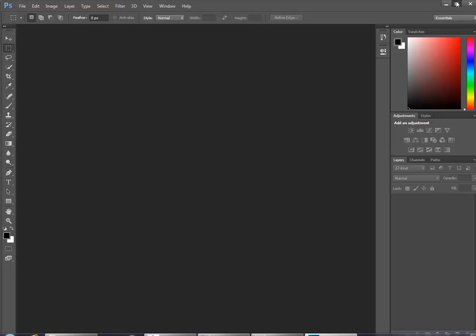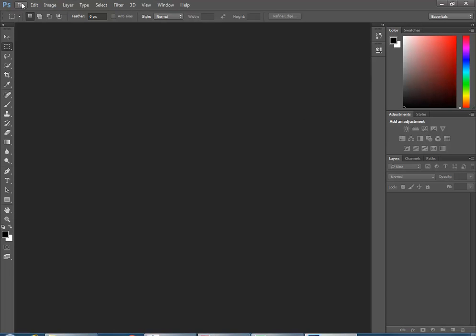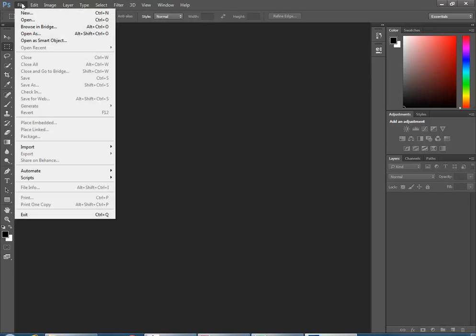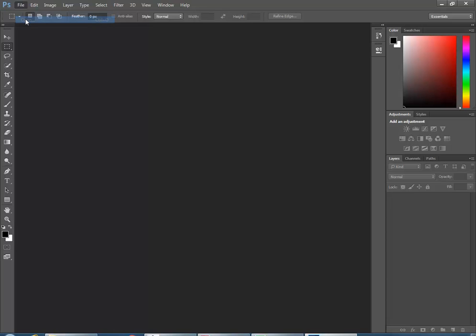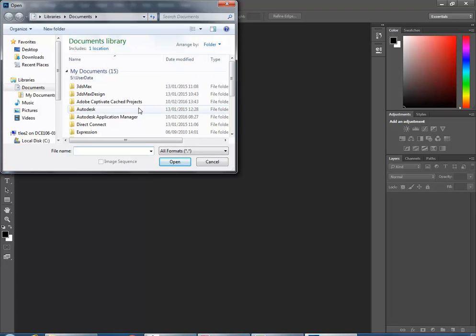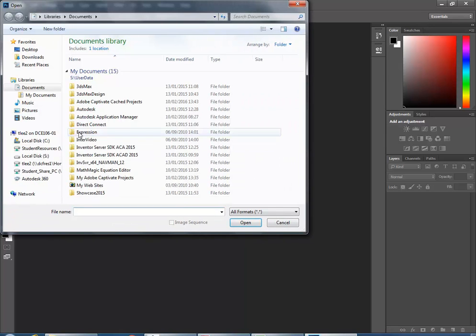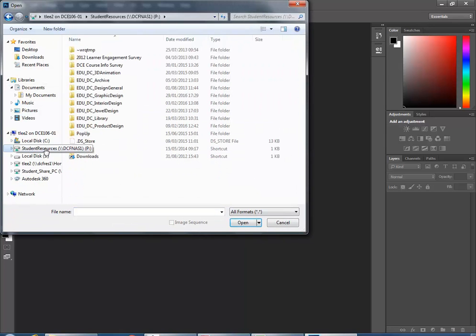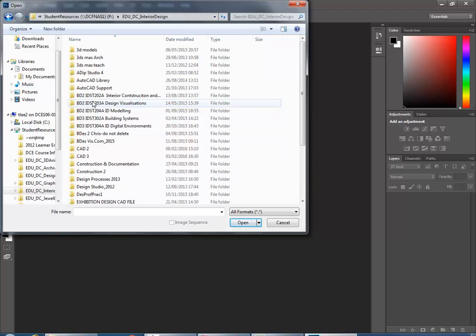So let's just see. So I just did it out of habit from Acrobat because that's what I had open. But now, if I go into Photoshop and go to Open, has anyone tried to do this before? Opening a PDF with Photoshop? No. Yeah, it's a really good option actually. So yeah, I'd be doing it all the time. So here, if I go and find that file,